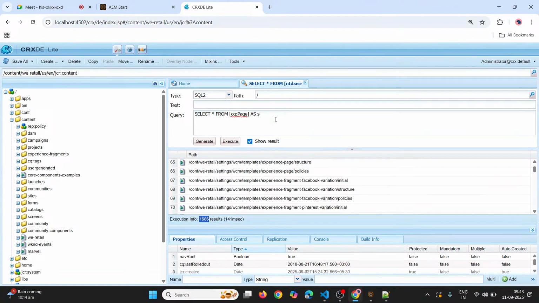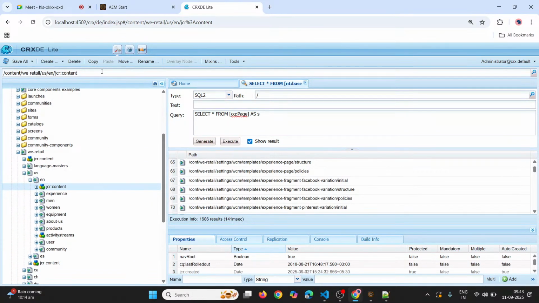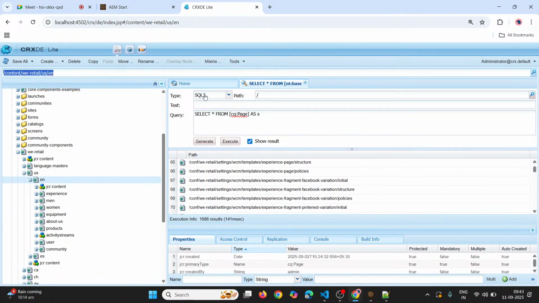So if you want to write inside the SQL2 queries, just search for your path. We don't know SQL2, so we can just copy the path and then go inside the path and then try to execute this one. So content, we retail, USA, en, and then click on generate. Once you click on generate, it is adding some more commands to it. So where is descendant node? Okay, so where is descendant node is equal to content we retail USA en. So inside this content we retail USA en I want to search. So now in this case, from nt:base and then I want to retrieve all the nodes in this